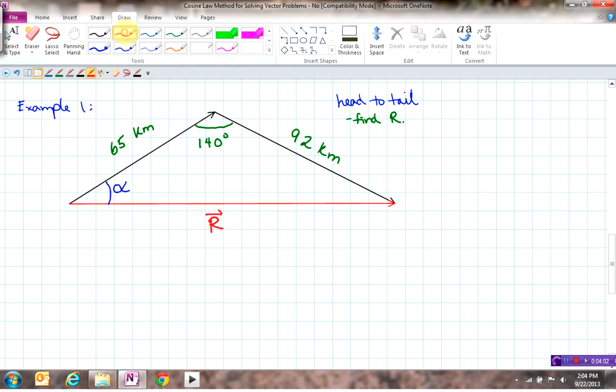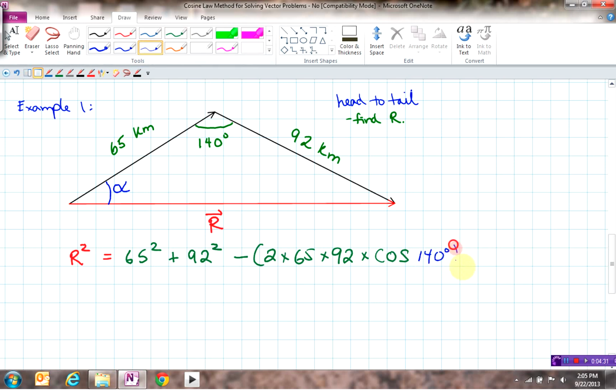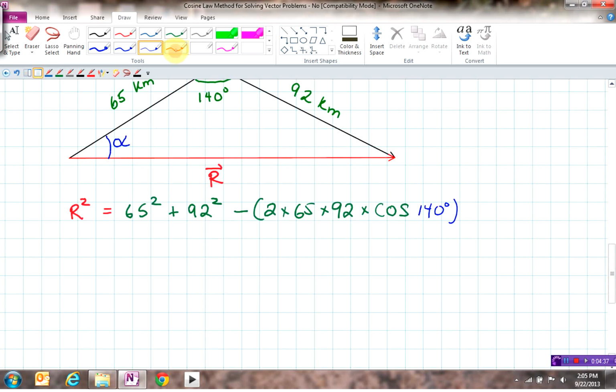Alright, so let's first pull out the cosine law. Cosine law: R squared will equal the value of A, which will be 65, you've got to square that, plus the value of B, which will be 92 squared, minus 2 times 65 times 92 times the cosine of the angle between them, which is 140 degrees. Now that's the cosine law written out. So now we do the arithmetic that goes along with this, and R squared will equal